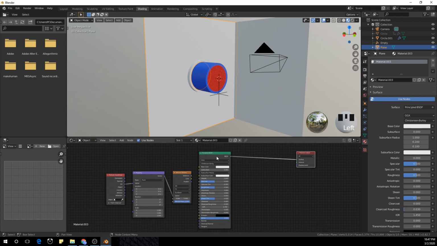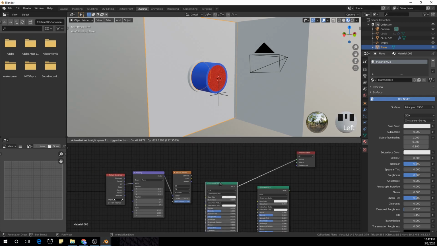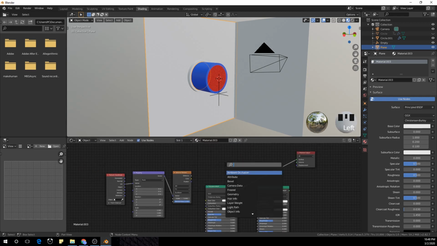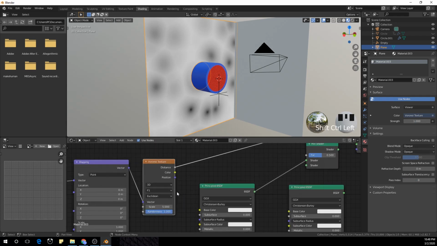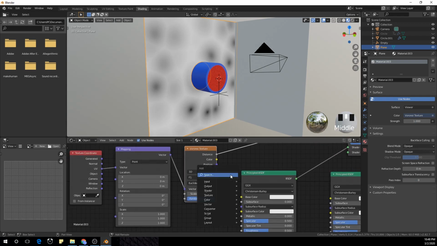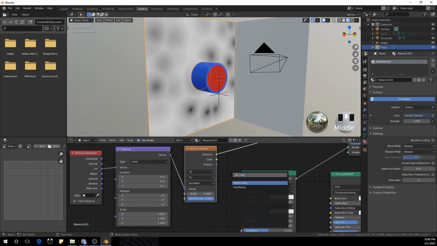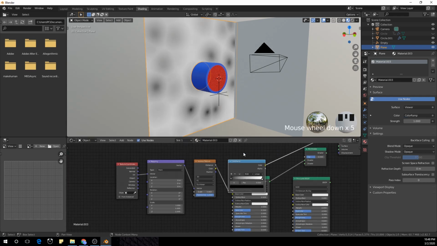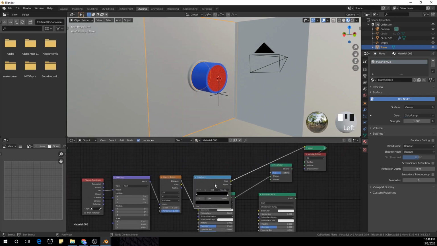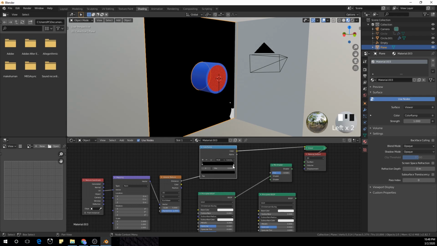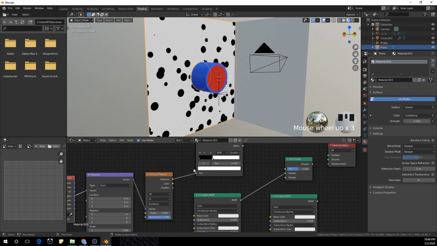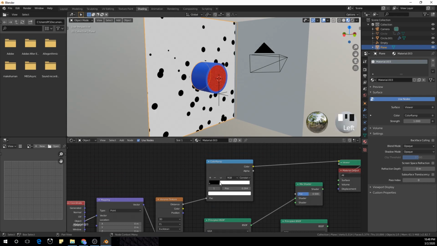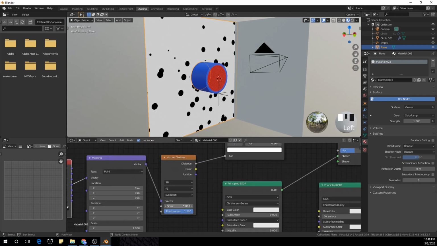and duplicate the principled shader, add a mix shader, we are going to add a color ramp, make it constant, plug the object into the vector, increase the scale,